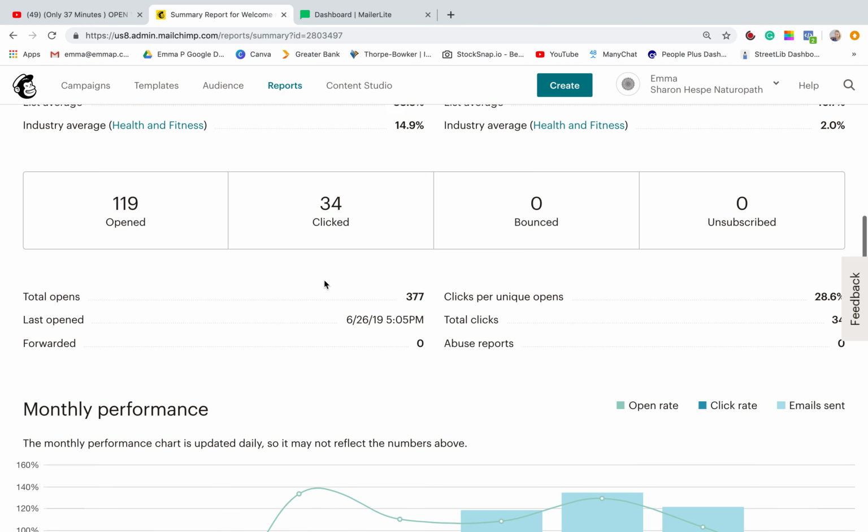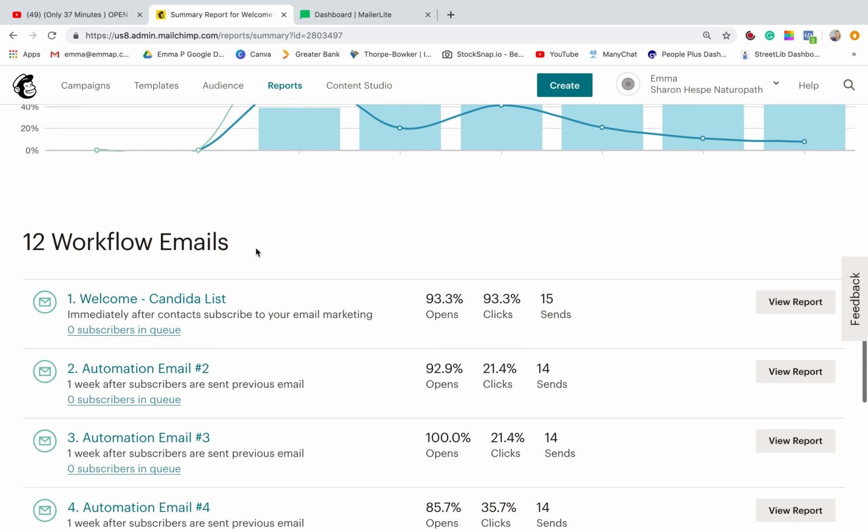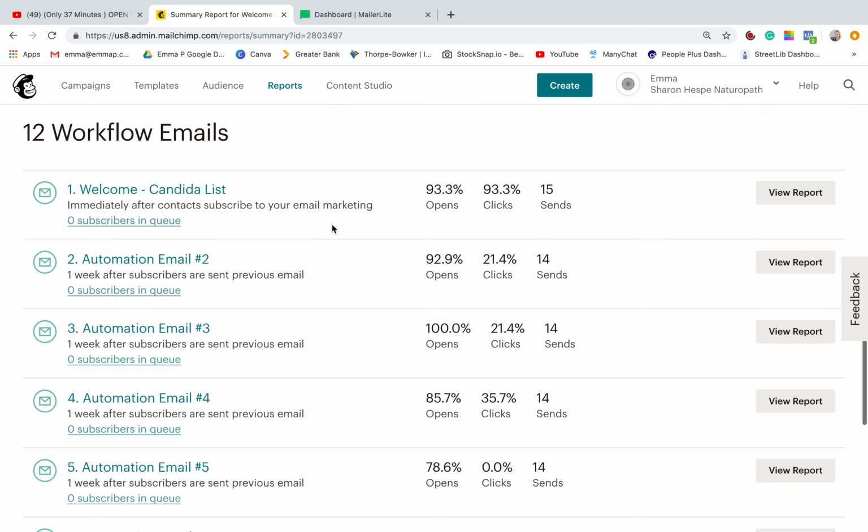It's got some numbers here, but that's cool. Oh, I've clicked reports, that's why. See, this is hard. Here we go. Everything's moved. We've got 12 emails attached to this list, and you can see we've got them listed, automated 1